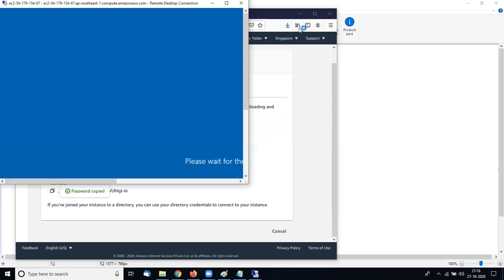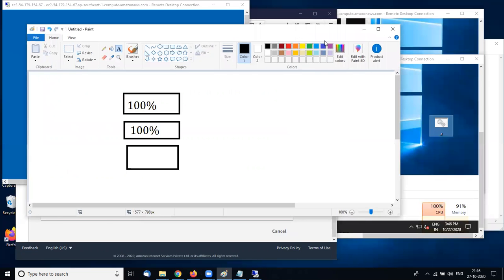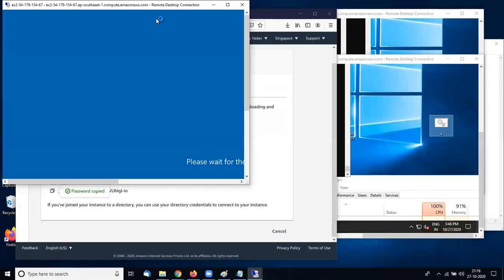It's connected, and that have minimum CPU utilization.